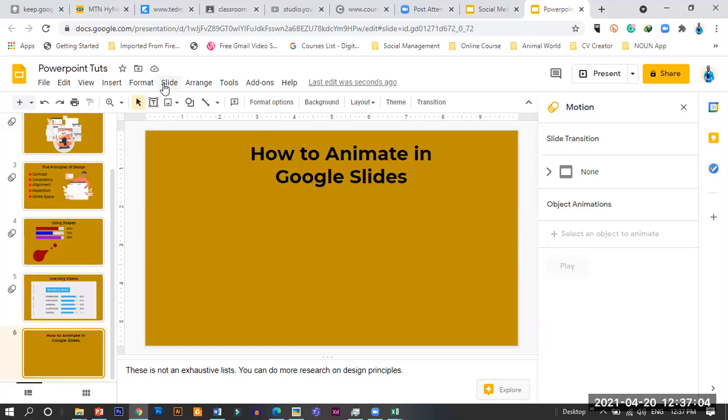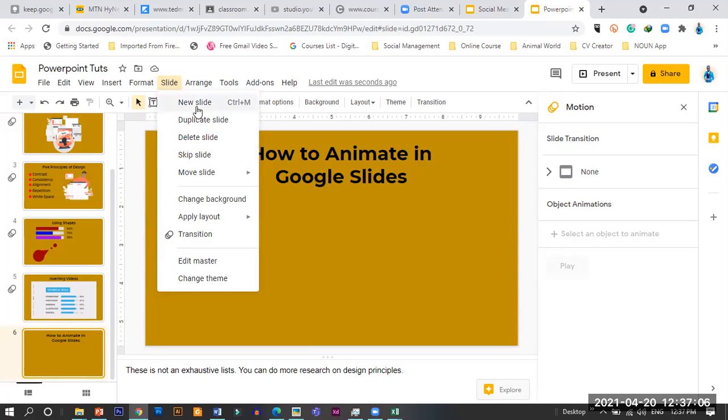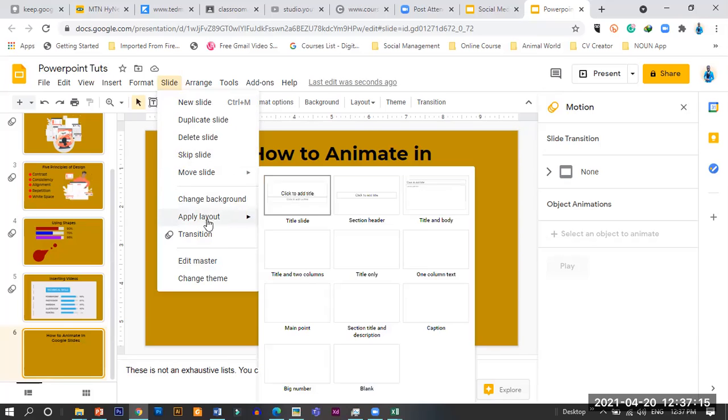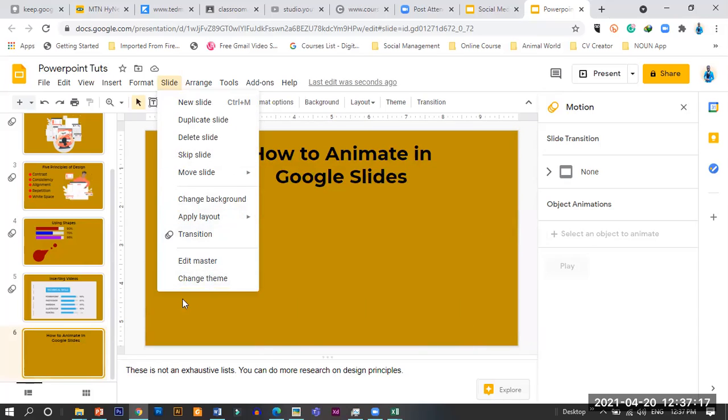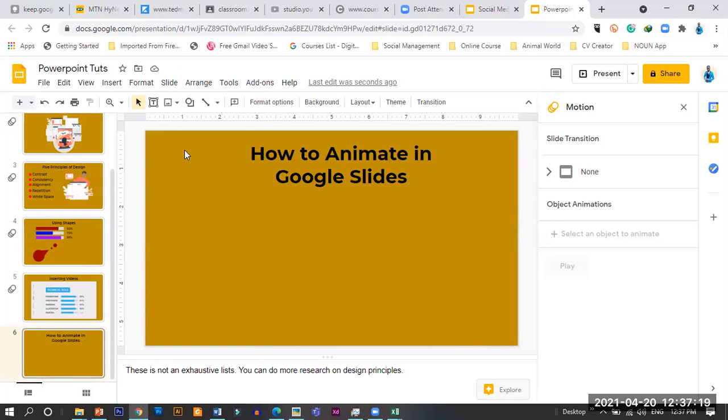So let's see slide option. This is how to change. You want to edit your master slide. You want to have new slide, skip slide, move slide, apply layout, things like that. Now, let's see